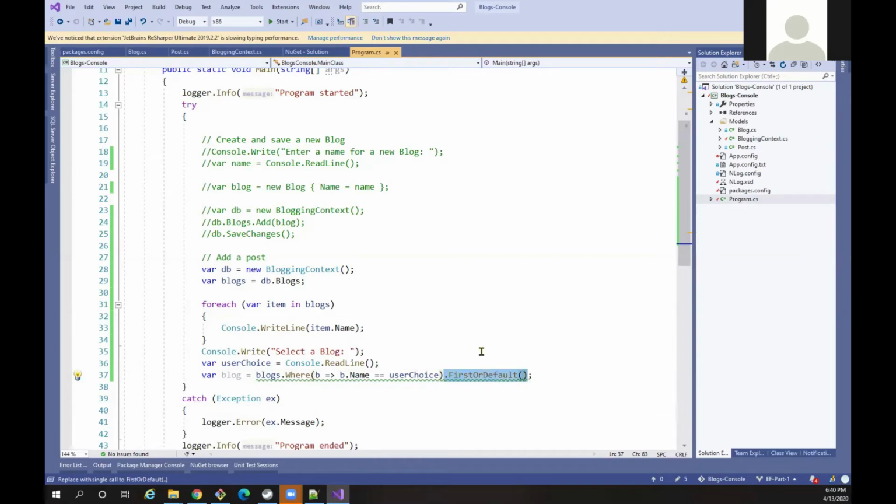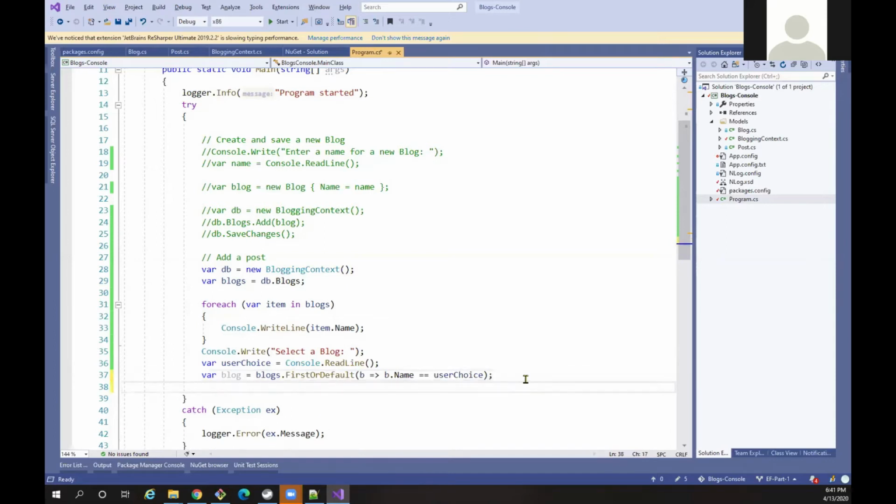Now, let's take a look here. In fact, let's do this first. I'll put that back there. Okay, and I'm going to clean this up. I think I showed before in class, this might be quite a while ago, but we can actually replace this. So we can just pop this FirstOrDefault over to this where here. And now we have a blog that contains the thing that we need. So if I now say I want to create a brand new post, the user selected a blog and we have that value stored. Now we want to ask the user and say,